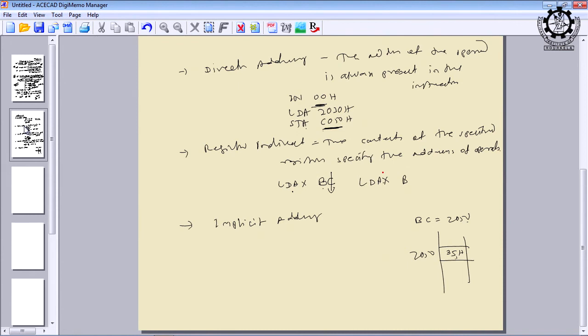Is it clear? So, how many times do I have to access the memory? That issue will come, we will see, because the number of times we are accessing the memory shows how many clock periods are necessary to finish the execution of this instruction. Every time you access the memory, it will take more time, and if you are accessing the register instead, it will take less time. So, to reduce the execution time, try to use the registers extensively. Whenever you get an opportunity to use the registers, use them instead of memory. But remember, the number of registers is limited.